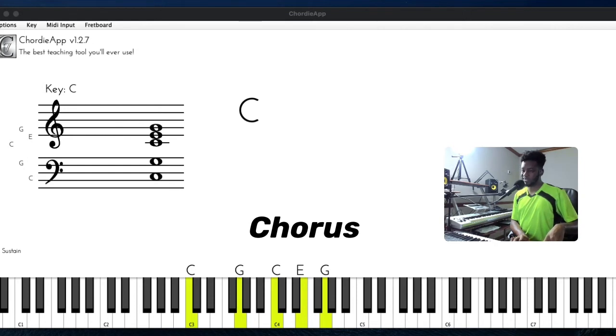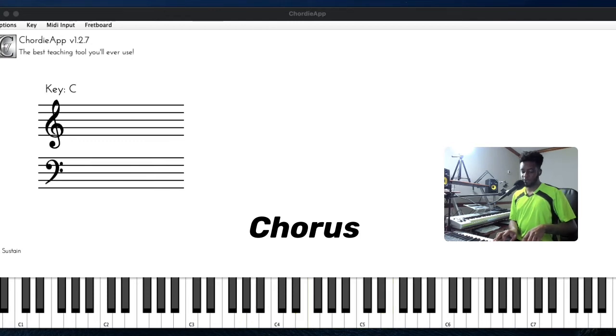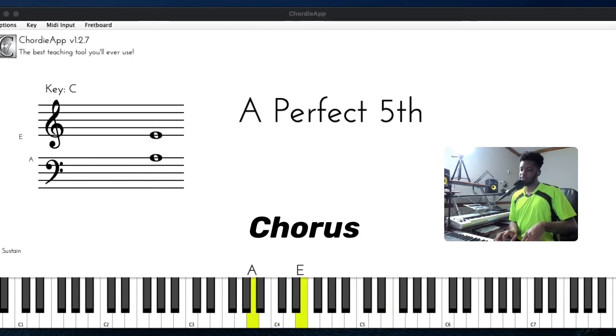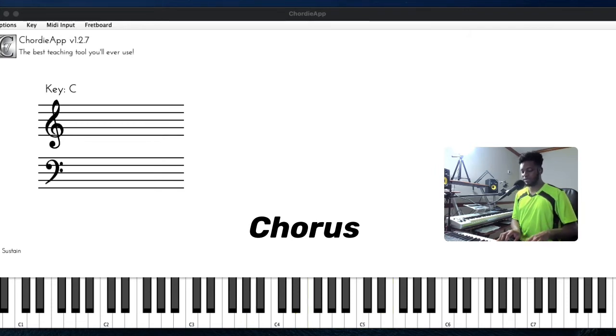We're going to the 6, and we all know the 6 is always minor. So left hand A, E, right hand A, C, E. That's a 6. Now we're going to the 5, but we're going to play it as a G sus,